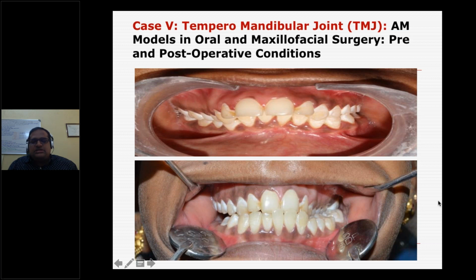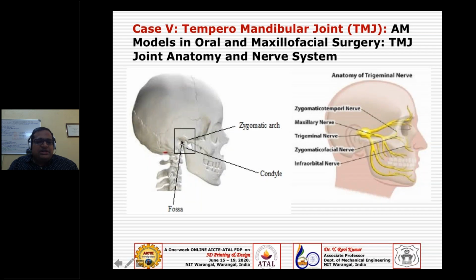But now is the real challenge, as I mentioned. You have to detach this fusion of the condyle and the lower jaw into the upper jaw. The challenge here is there may be a lot of nerves here, and if you cut this and you are distracting the joint, we need to rebuild the joint, and only then will it be a successful surgery.